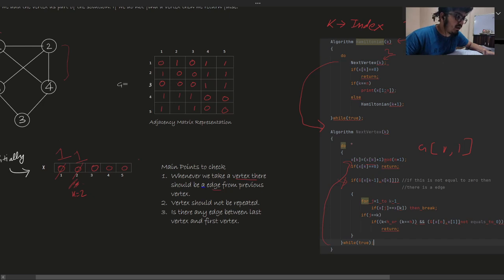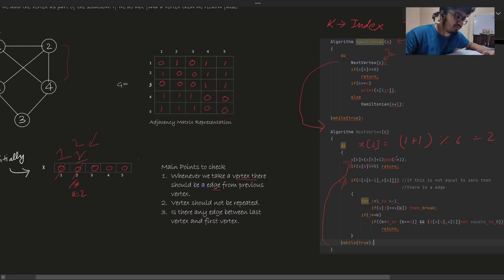Because it is a do-while, we are again only here. Now what is the value of k? 2. x2 is equal to, now what is the value of x of k? Here it is 1. So 1 plus 1 mod 6. In this way we have 2. Now we created 2. Look, we are doing just as we did before.